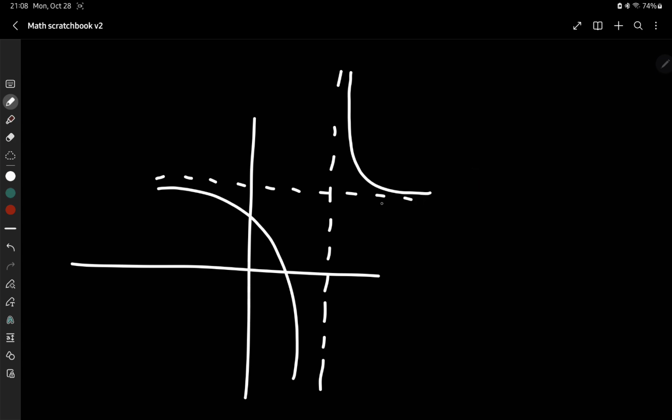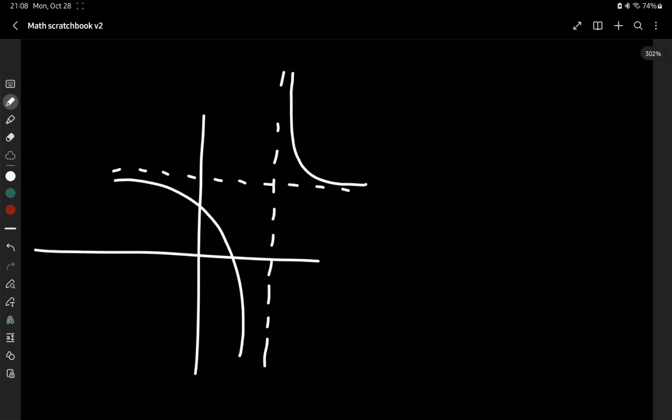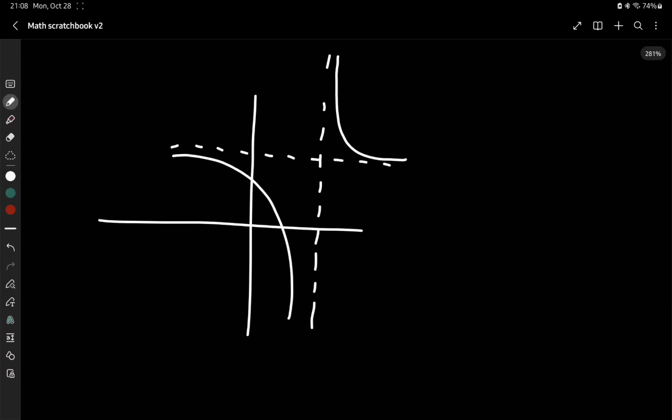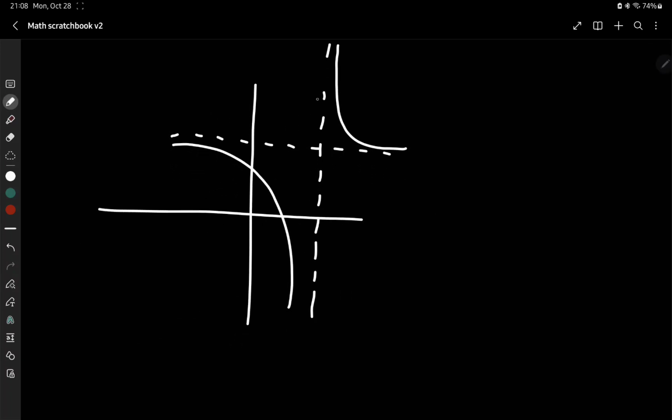It will never cross this line or this asymptote. Even if you get really, really close to it in terms of y values, you just never get to that intercept. And in terms of functions, this is not going to be the graph of this function, but if we have 1 over 1 minus x,